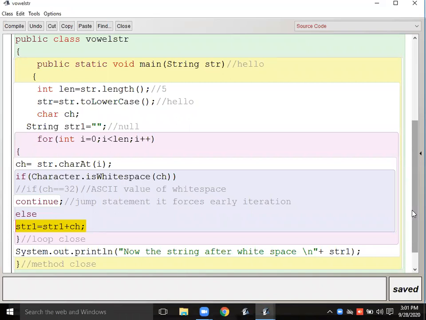Like they accept the address from the user, and the program will accept the address from the user and display only the pin number. Only the pin number of the address. Then you have to remove each and every character and the spaces, and display only the pin number. So here you can use the isDigit method of the Character wrapper class.